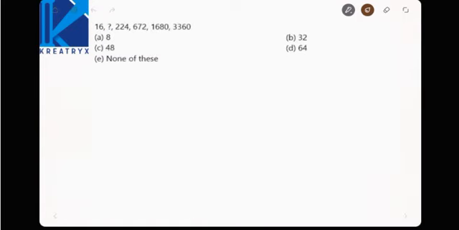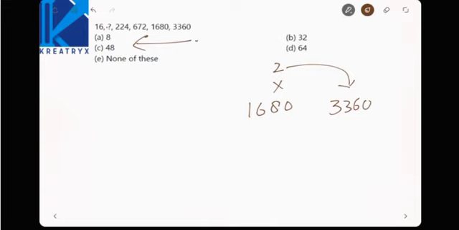Right. Now see here, we have to find out the second one only. So we'll come from this side. Now see here, 3360. When you multiply 1680 into 2 it will lead you to 3360. Am I right? Now if you multiply 672 into 2.5 it will lead you to 1680. Observe the calculations, right? 672 into 2.5, yes, will lead to 1680.